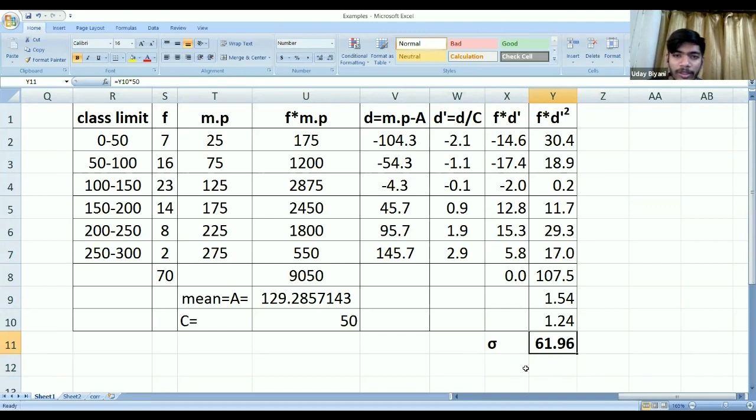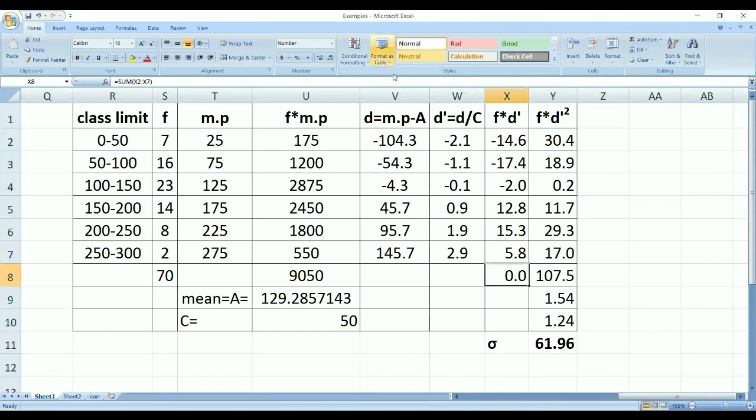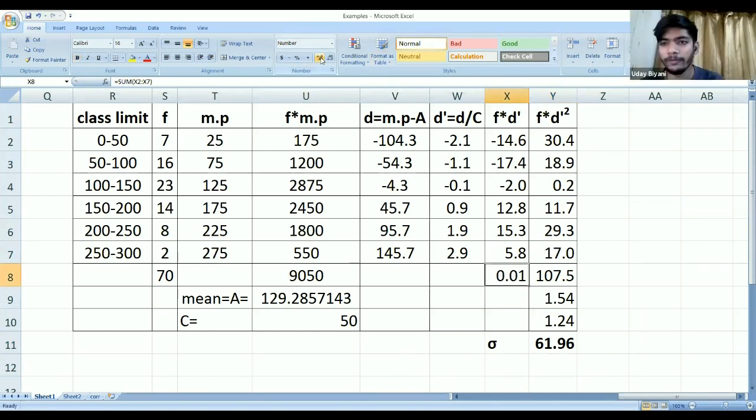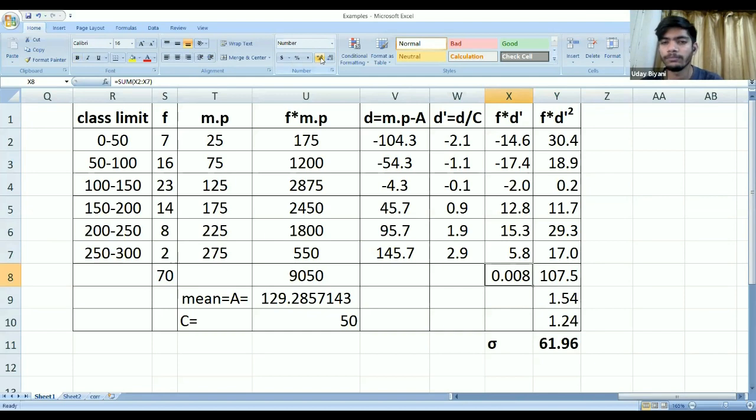Ma'am, you have got these x column values with one digit after the decimal point. I have got more than 0.08. Ma'am, I got a 5 digit value further on. So you can make it 2 digits. Anyways, if you round off the whole thing, the answer will be the same. Okay. What is that, 0.08 divided by 70, sorry, 0.08 squared, so 0.064 will come. 1.54 minus 0.064 into 50. So the answer will be 61.69.